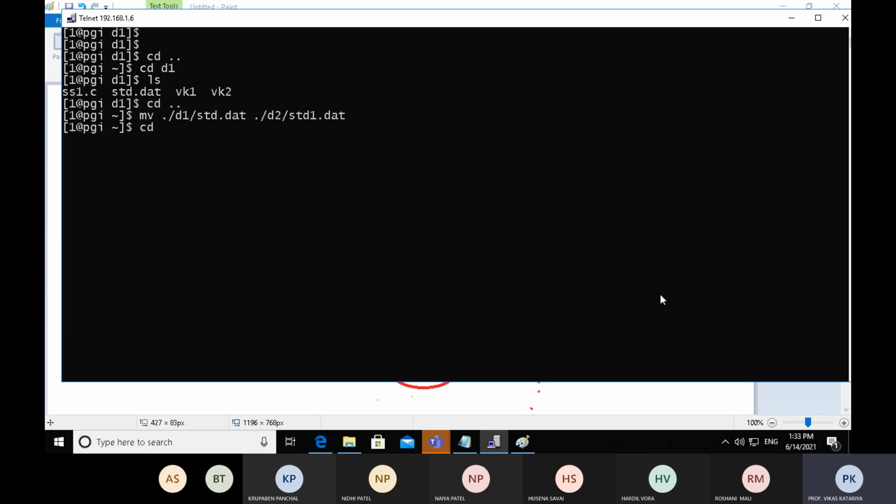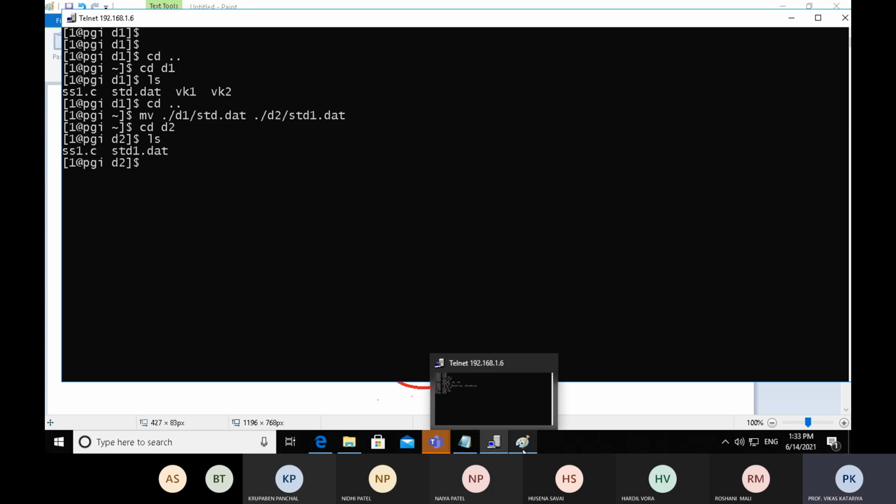So you have to check. In order to check, you have to move to the d2 directory, cd space d2, and run the ls command. Yes, there is a file student1.date which we picked from the d1 directory, but in the d2 directory its name is changed.